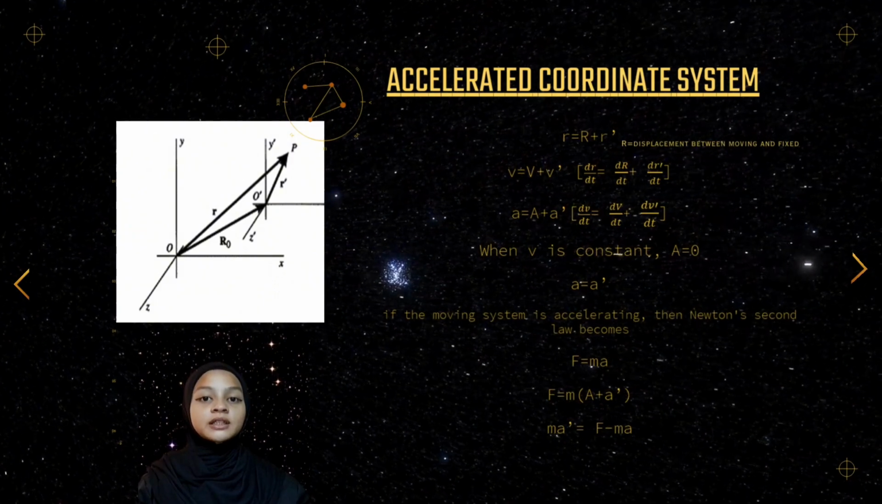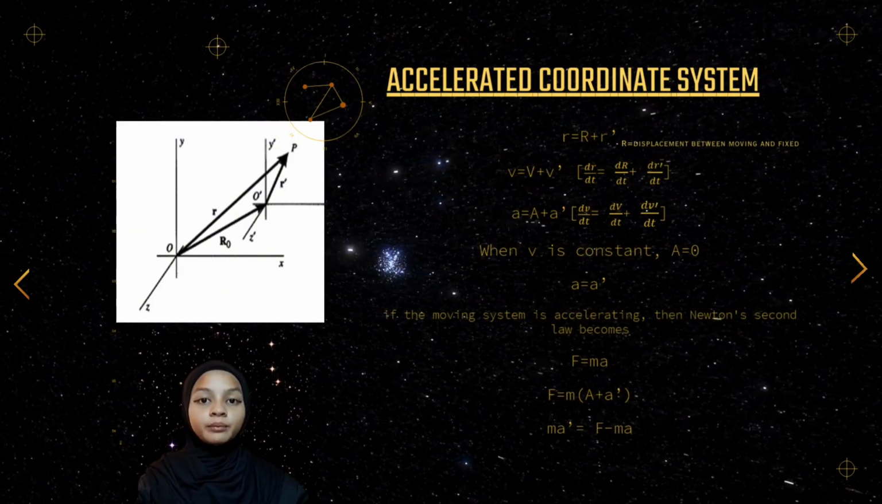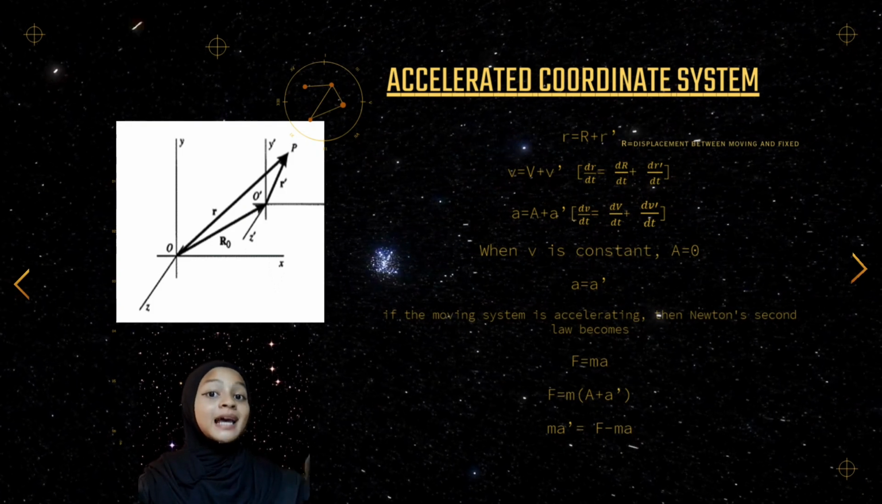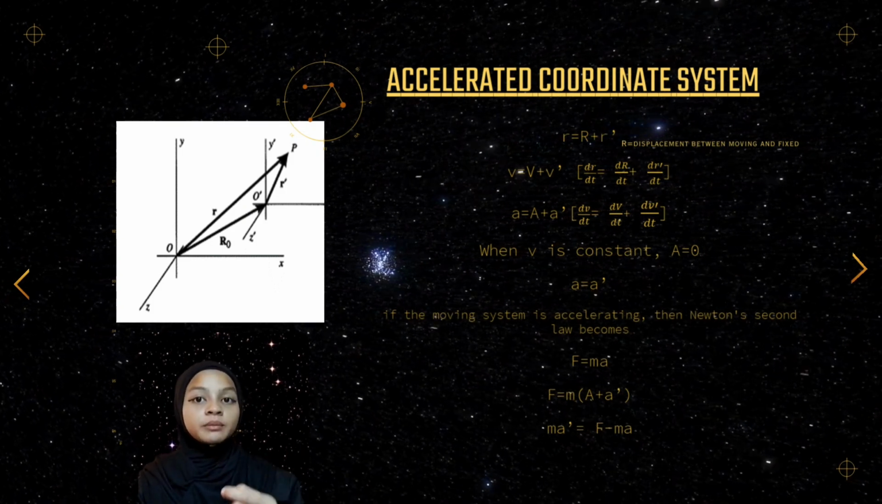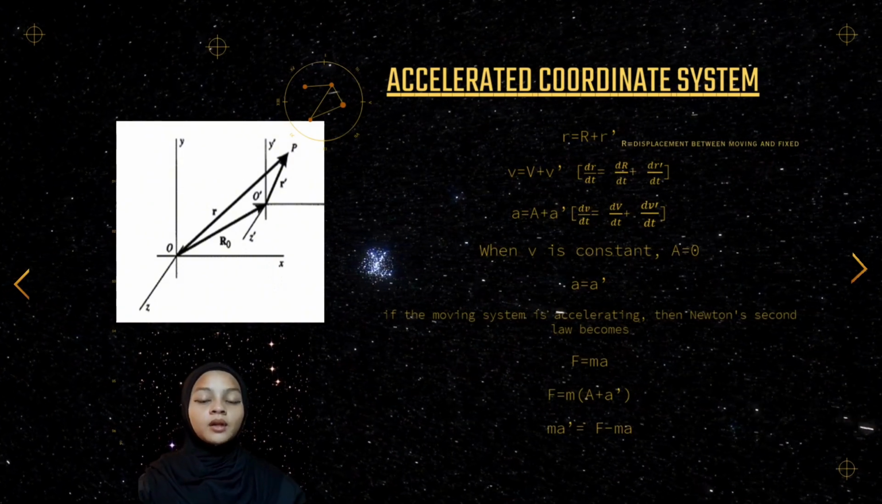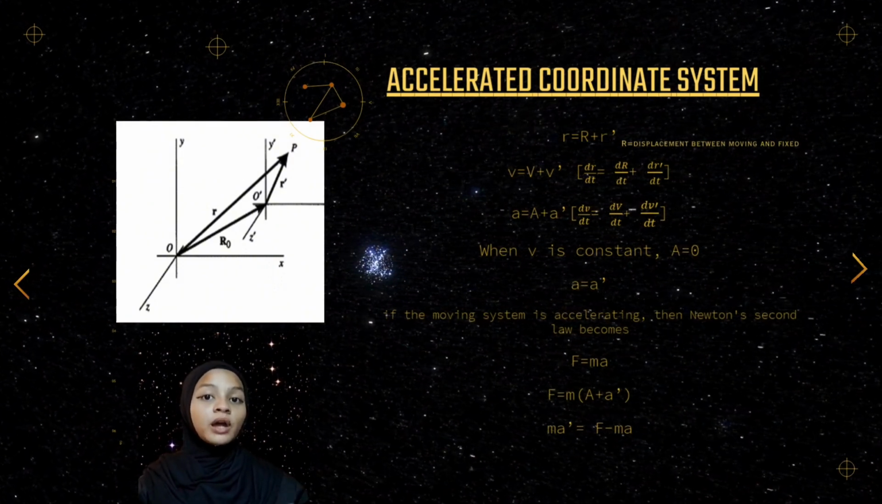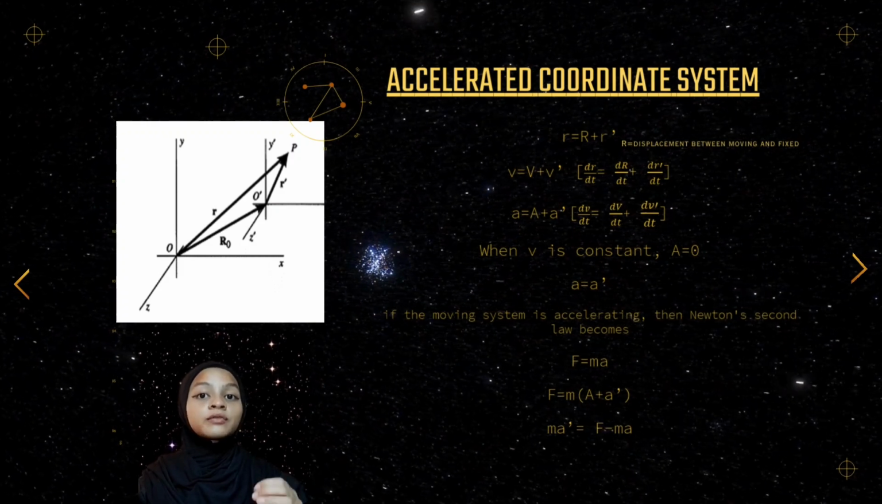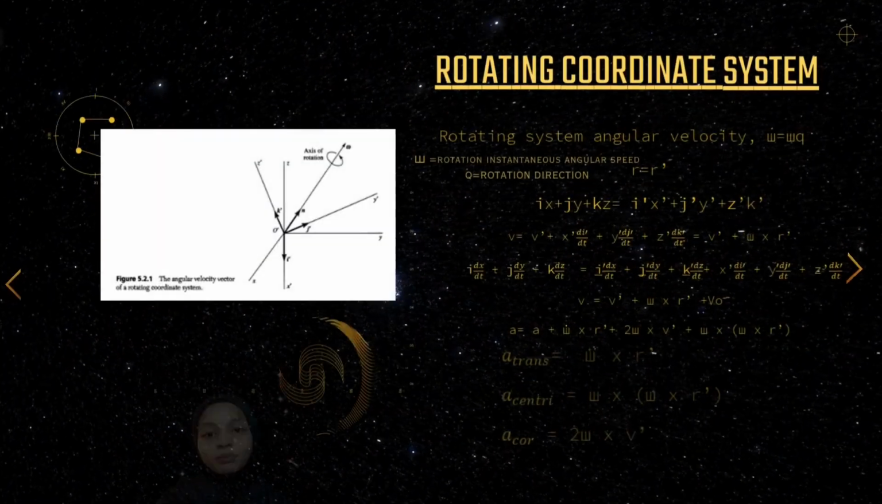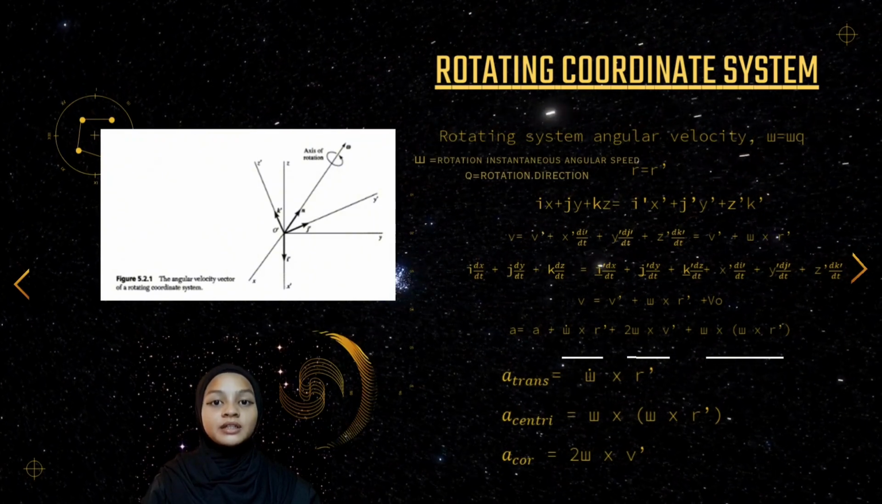If the velocity is constant, A will be 0, thus making a equals a prime. But if the system is accelerating, F equals ma becomes F equals m in brackets A plus a prime. Moving mA to the right hand side, we will obtain m a prime equals F minus mA as the non-inertial reference frame formula. Next, in the next subtopic, we will talk about the rotating coordinate system